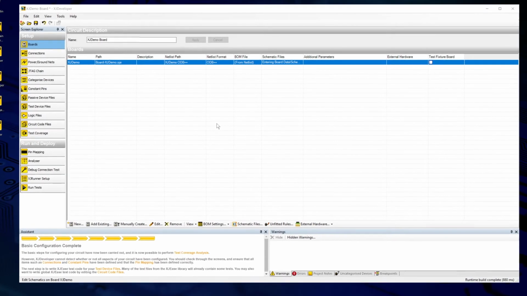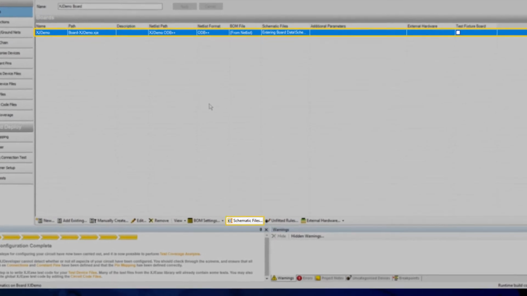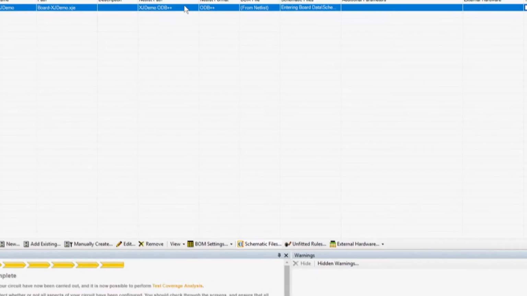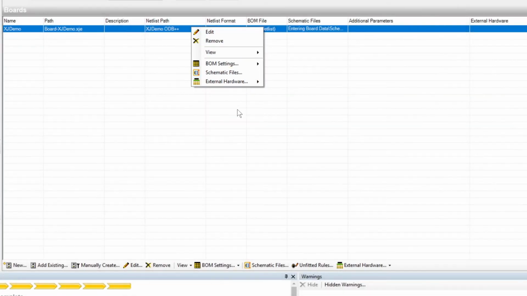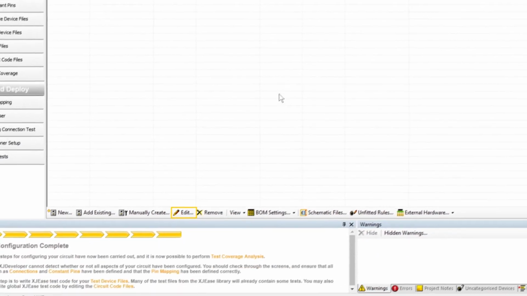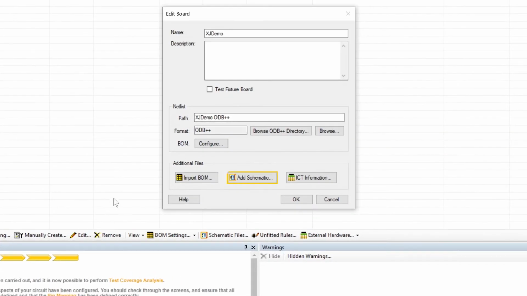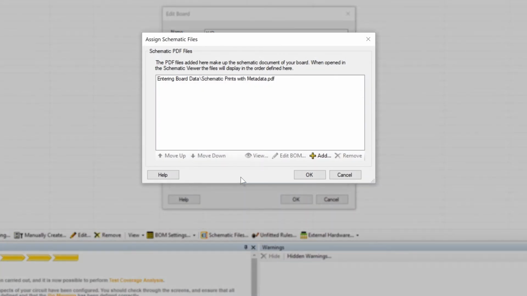Now let's go to the schematic to see if that's got anything useful you can bring into the BOM. If you're starting from the board screen, highlight the board if it isn't already, and click on the schematic files icon. Or you can also do it by right-clicking on the board and selecting Schematic Files from the pop-up menu. Both do the same thing. Another way to get there is from the Add Board or Edit Board dialog box. If you've already got that open, click Add Schematic. It doesn't matter that the file's already been added. Whichever route you've taken, you'll then get to this dialog box.